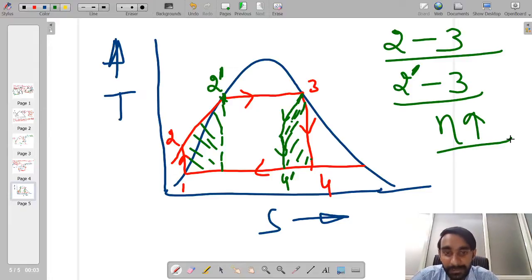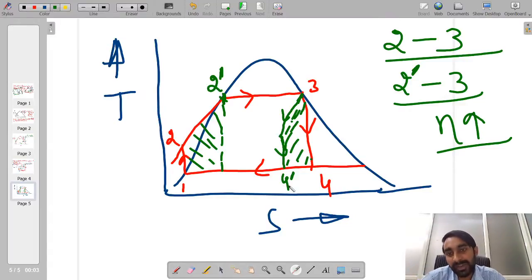And moreover, if you see what has happened, whatever amount of heat we have got over here, the same amount of heat is over here. So because of that, if I compare this process 3 to 4, I can make it identical to process 3 to 4, because the same is happening. This process 1 to 2 dash is being replaced by a process which is parallel to process 3 to 4 dash.